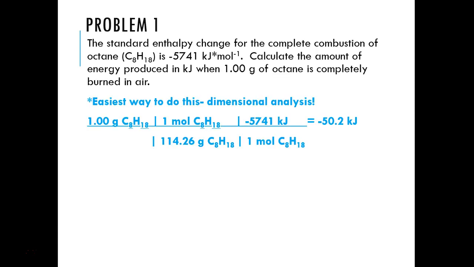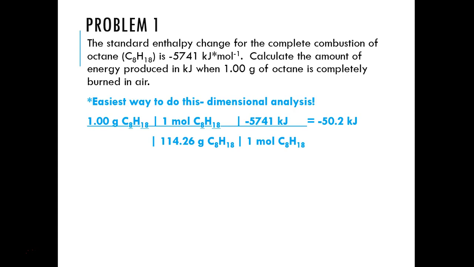Okay, so let's look at a problem that involves standard enthalpy change. So the standard enthalpy change for combustion of octane is negative 5,741 kilojoules per mole. So that means that heat's being given off since we have a negative enthalpy. So we're going to calculate the amount of energy produced in kilojoules when 1 gram of octane is completely burned. The easiest way to do this is dimensional analysis. So if we have 1 gram of octane, we can convert that to moles, and since we know how many kilojoules are released per mole of octane,